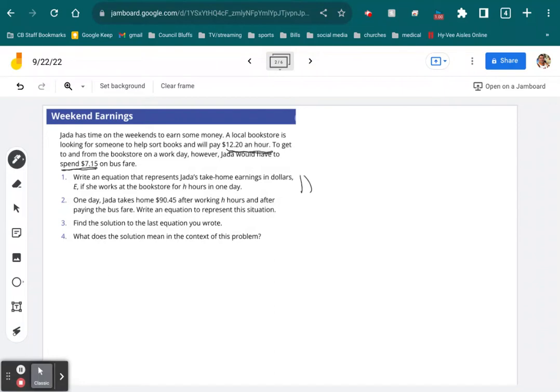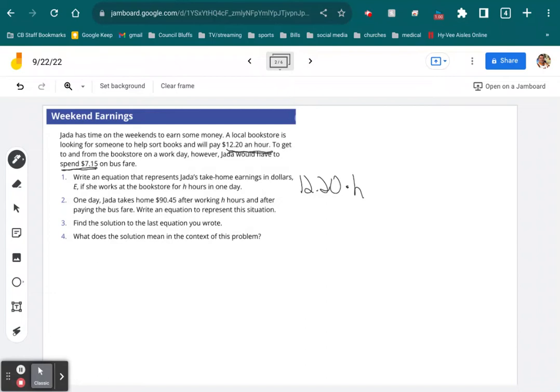So $12.20 times H, her number of hours. Okay, so $12.20 times H, the number of hours, would give her the amount of money she makes from the